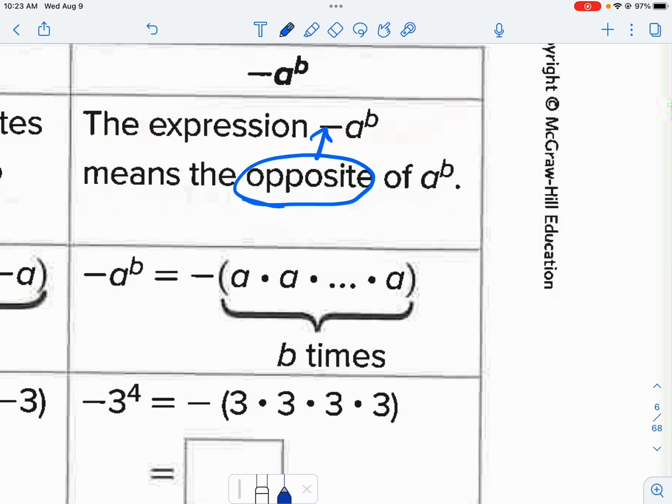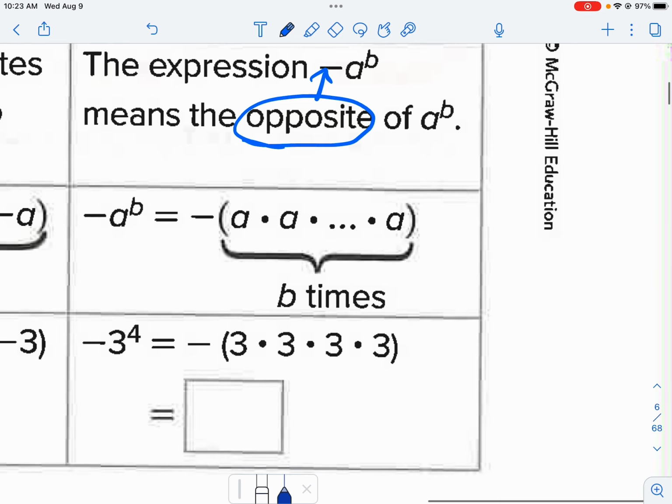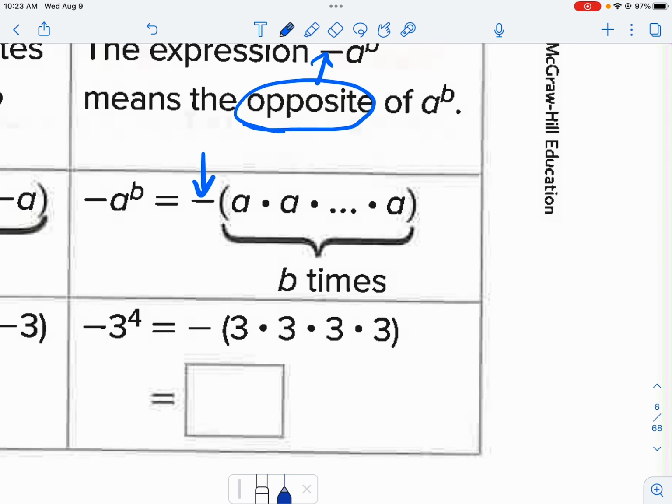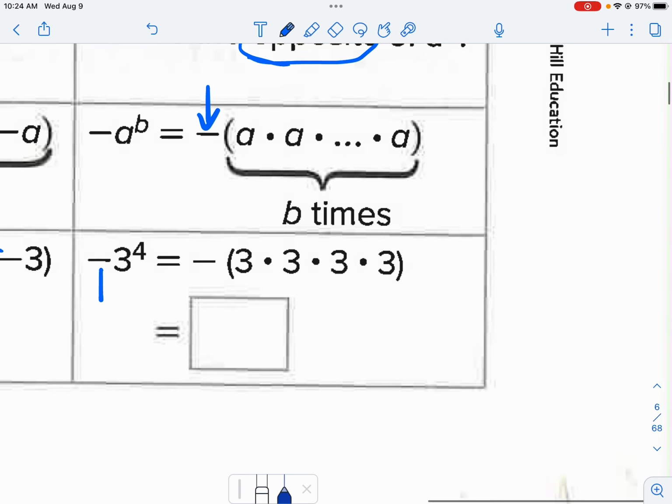That negative out front is the opposite of a to the b power. Okay, so the negative goes out front. It was not a part of the parentheses. There's no parentheses, so the negative goes out front. So this is saying the opposite